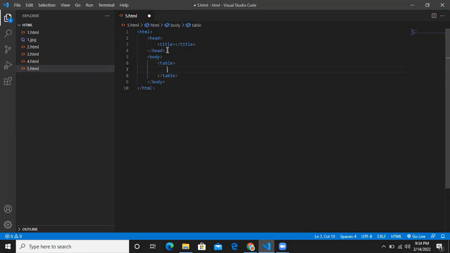Okay, the table tag is used to make a table, and the TR tag stands for table row. The TR tag is used to make a table row. Okay, and the TD tag stands for table data. It's used to make cells, okay, columns. And the TH tag is used to make a heading, a table heading. Okay, it stands for table heading. So I will write